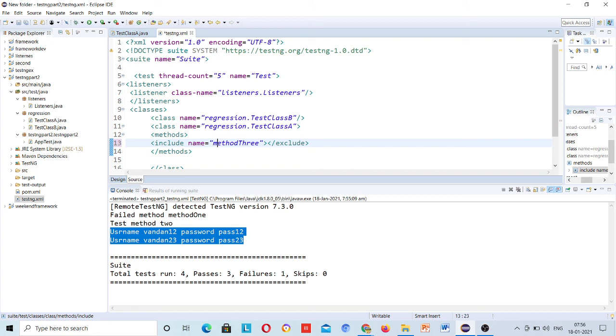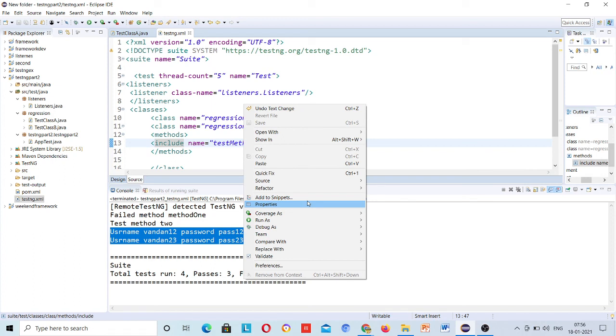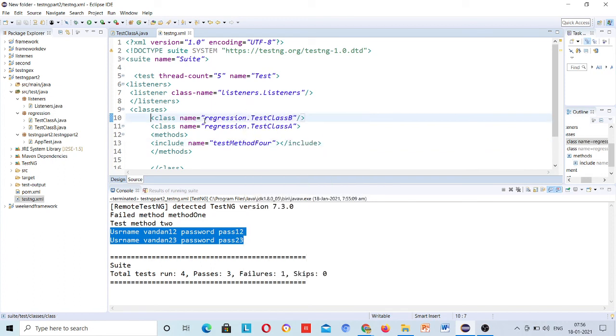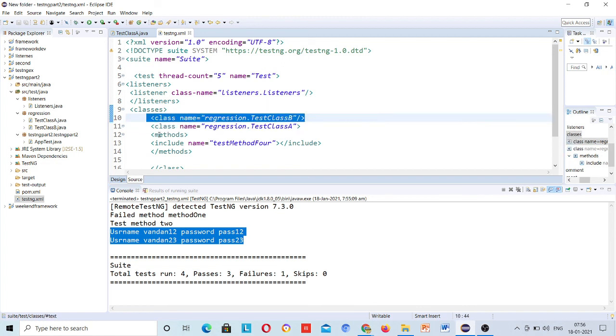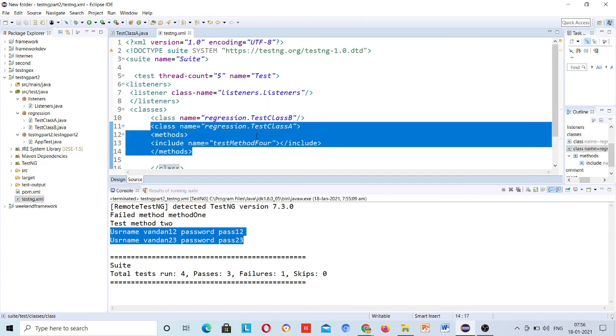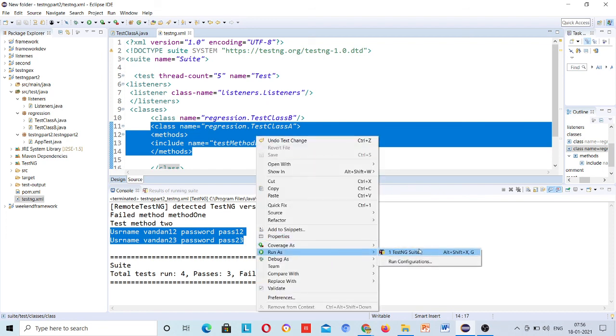Name is equal to this. Okay, just run this. So test class B will run fine, all methods will run, because here I am neither including nor excluding anything, but for this one only the method which you have included.